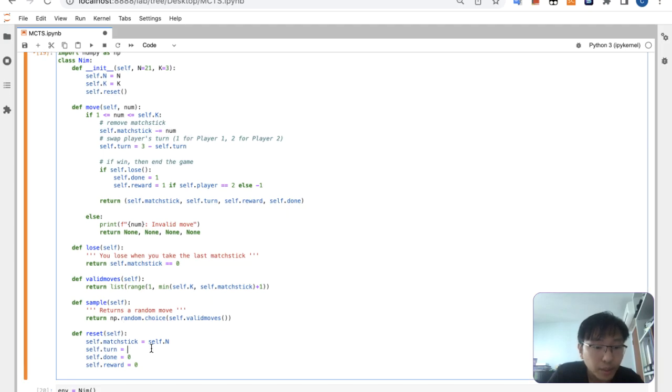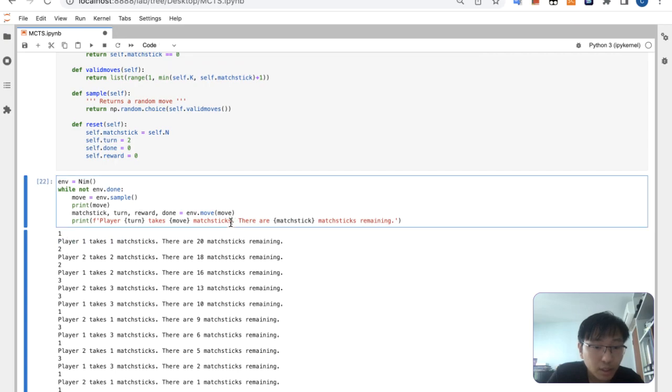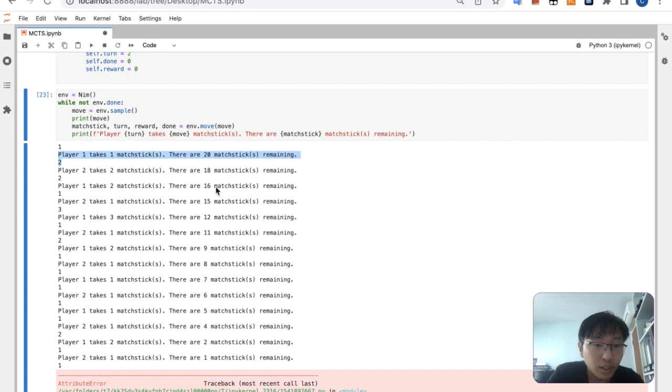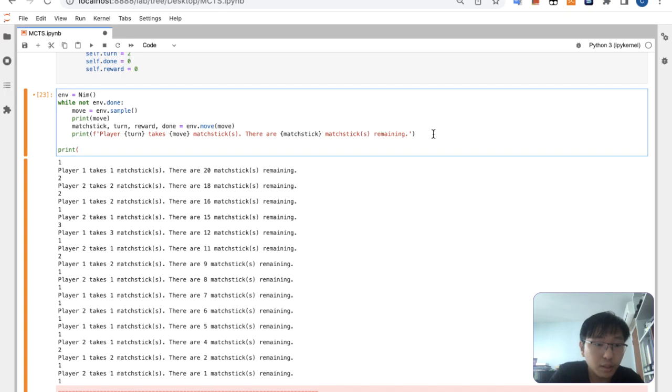Okay, so we should start from player 2. Player 1 takes 1 matchstick. Okay. How many matchsticks are remaining? Player 1 takes 1 matchstick, 20. Takes 2, there are 18, 16, 15, 12, 11, 9, 8, 7. Okay. And then maybe at the end, we just print who loses. Okay, so maybe print